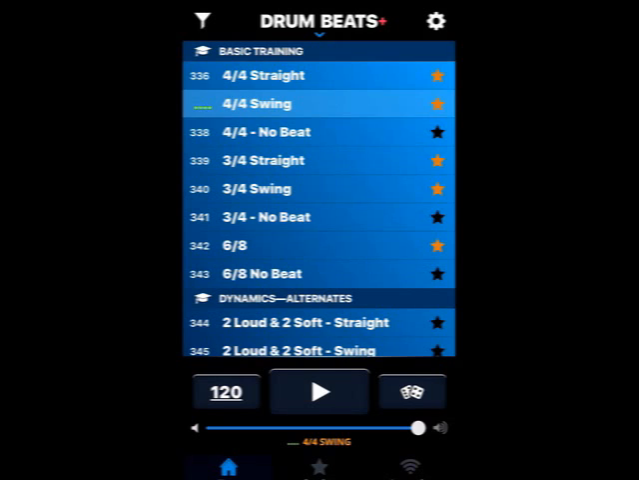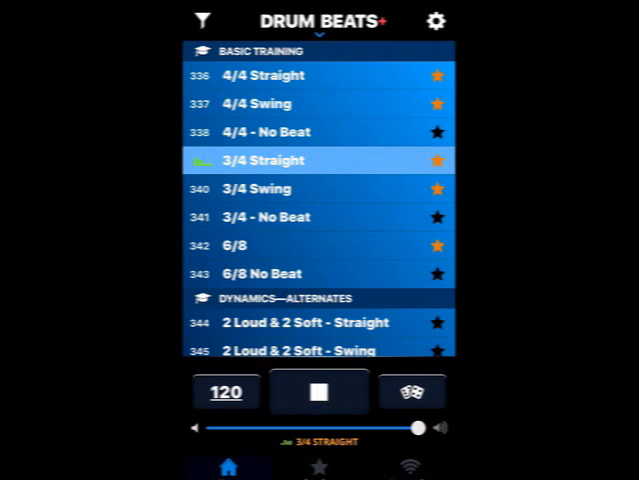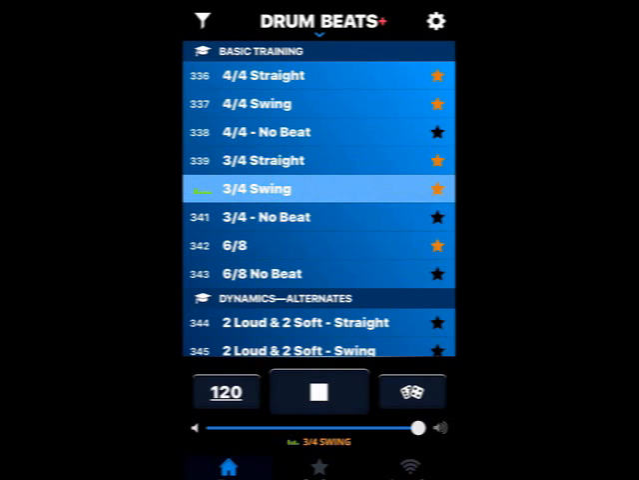But 4/4 straight, 4/4 swing, 3/4 straight. It's got a good waltz beat there that's easy to follow. And the 3/4 swing, a little variation, a little hi-hat swing there. And then for 6/8,